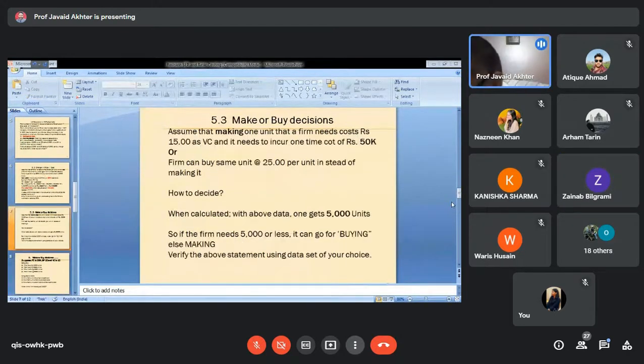Say it again, please, louder. I have a question on the argument placed against buying. You said that if the supplier does not provide the goods at the right time, or the quality is not assured, can't the firm have more than one supplier? Yes, it can. It can always.